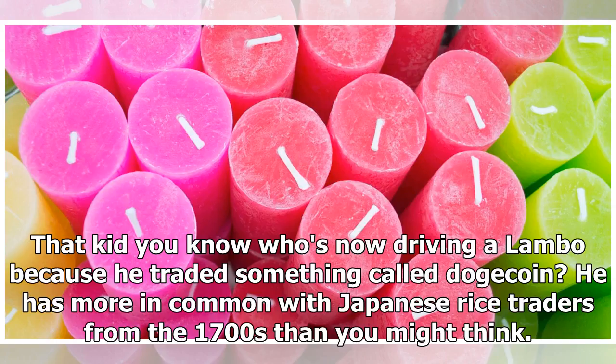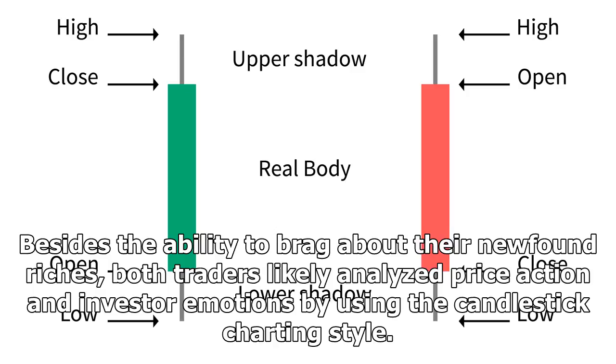That kid you know who's now driving a Lambo because he traded something called Dogecoin. He has more in common with Japanese rice traders from the 1700s than you might think. Besides the ability to brag about their newfound riches, both traders likely analyzed price action and investor emotions by using